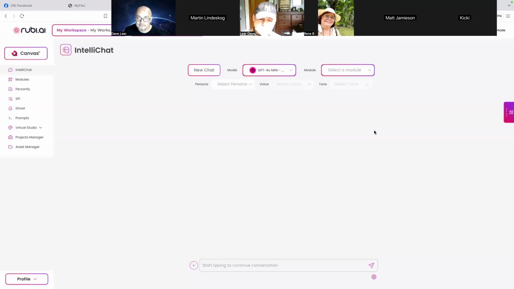But if this will grow, of course, that could easily be incorporated in Flex and Ruby in the future, I think. So yeah, I think that could be an expansion of Ruby AI, that it could already be attached to any social media messaging platforms. But for now, it's just basically contents and images, videos, music.